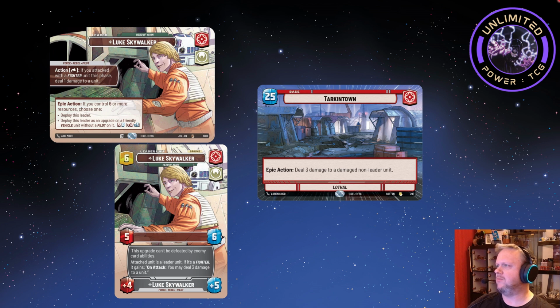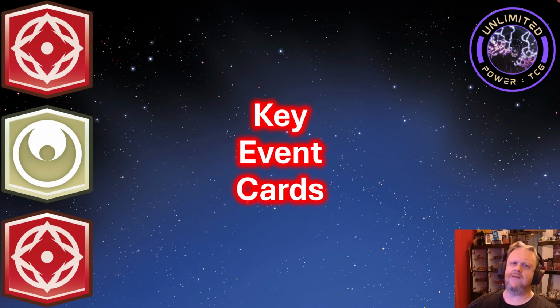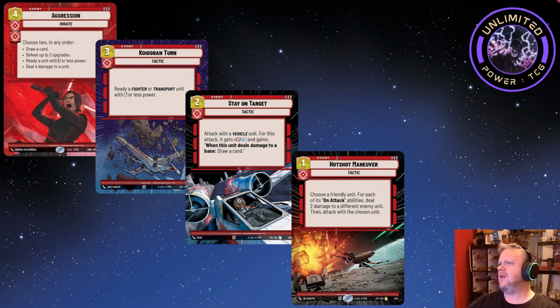So we're obviously building up to the 6 resource turn where we flip Luke and make some massive impact on the game. And the tools by which we get there are the key event cards around which this deck is built. Key events are 4 of them. The biggest and most prominent, most powerful event in the deck list,